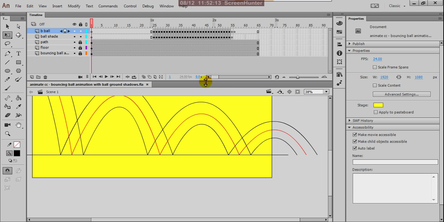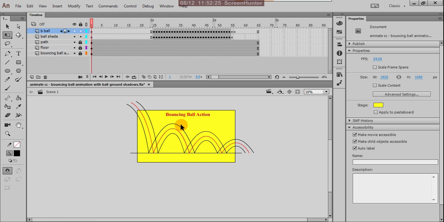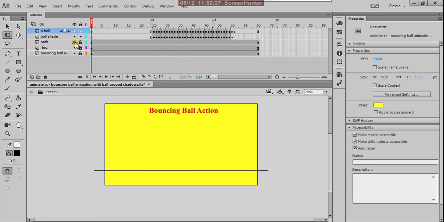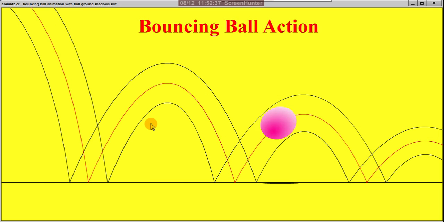Now what we do, I'm adding some background here, because my bouncing ball is over, so that is the reason I don't want to see this path.